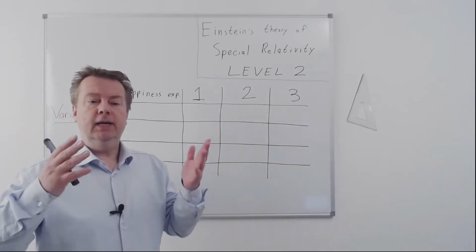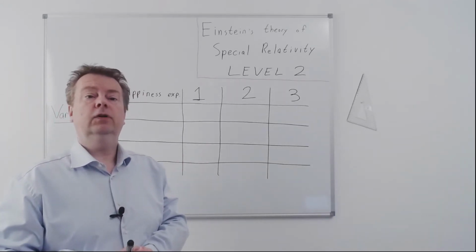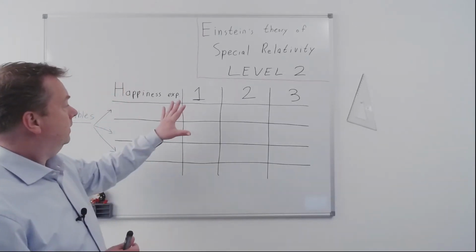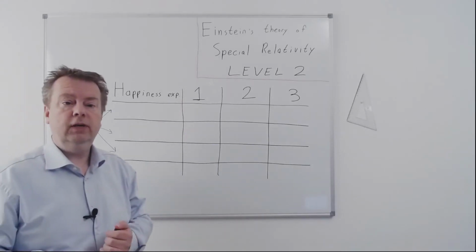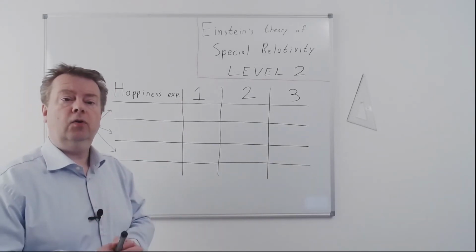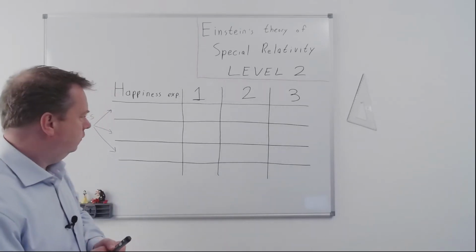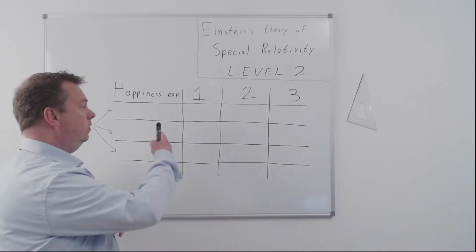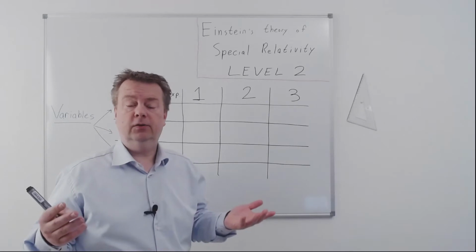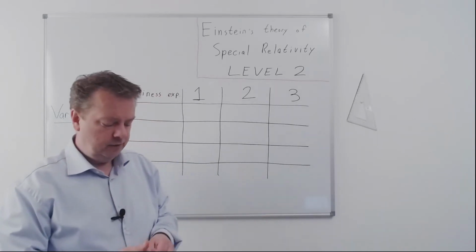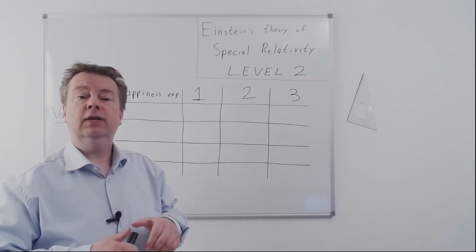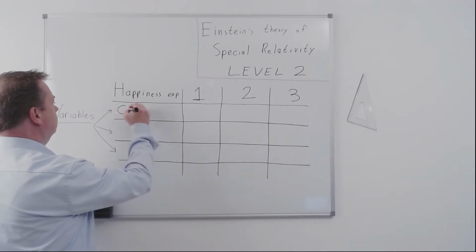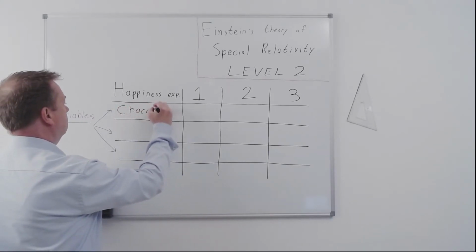So, today, GP, our gracious physicist, is doing an experiment on happiness. And here is the table on the board in which she wants to capture the results of her experiments. She wants to find out what makes me happy and what doesn't make me happy, and if so, to what degree does it make me happy or sad. And the first thing she noticed is that if she eats chocolate, she's happy. So the first variable she's looking at is chocolate.